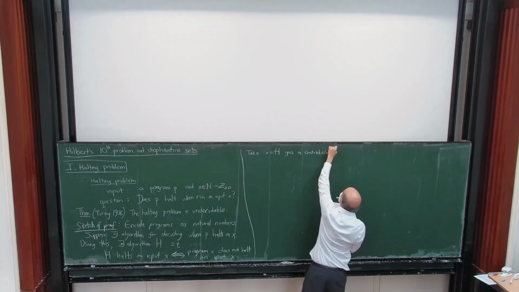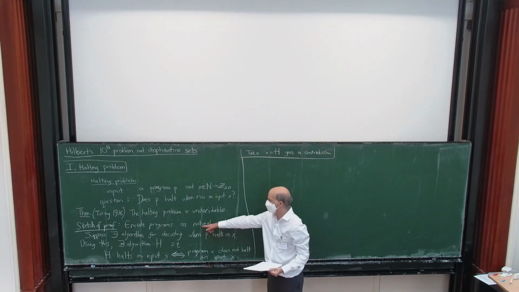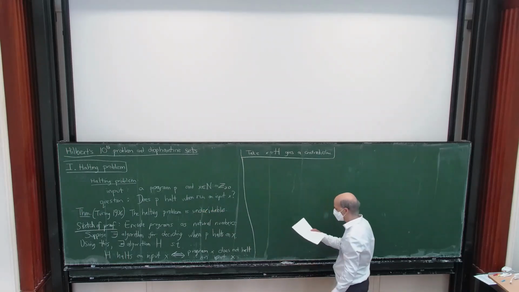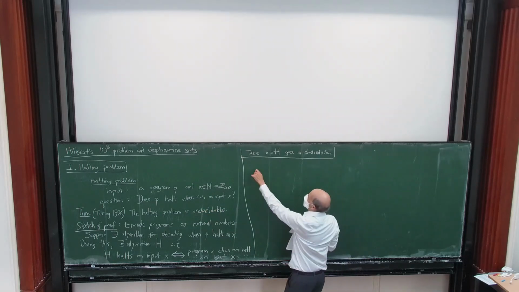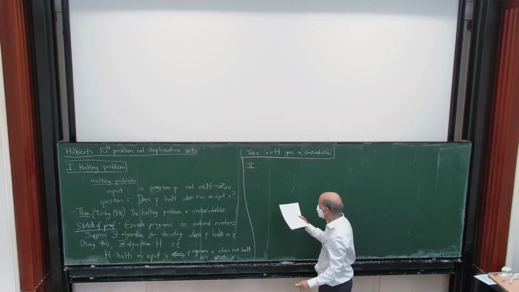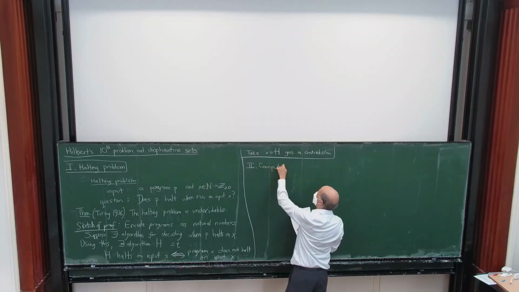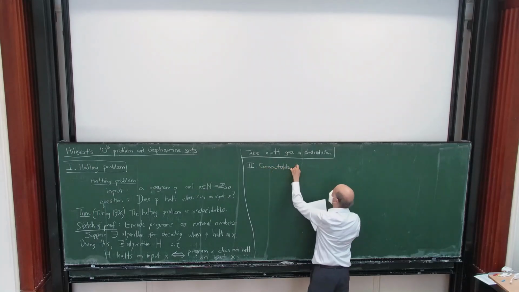Okay, so that proves that h can't exist, and so the halting problem can't exist either. So now we have one undecidable problem, but now I'm going to use this to construct other undecidable problems. So let me now define